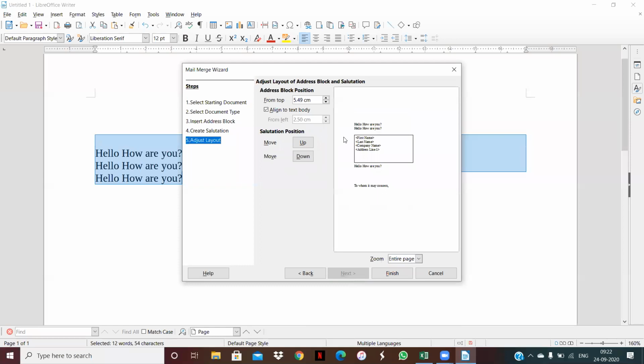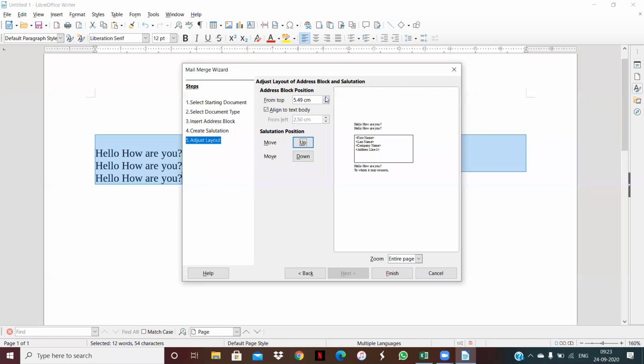From here you can adjust the layout of your address block. Means आपका जो address block है वो कहाँ display हो. Here you can see, here it is, but in place of here we want to move upward. And now this is here, it shows आपका जो भी text है उसके नीचे आपका ये address block आएगा.